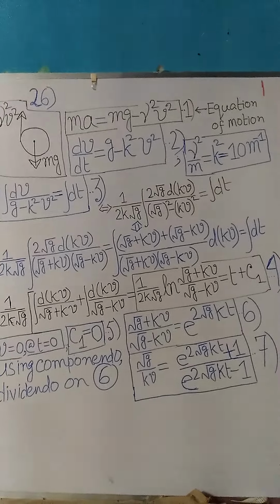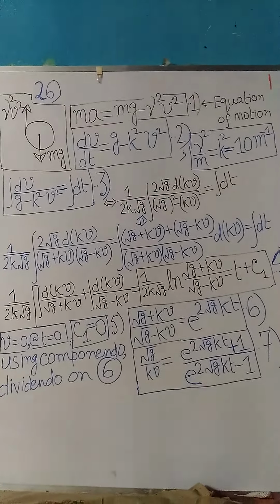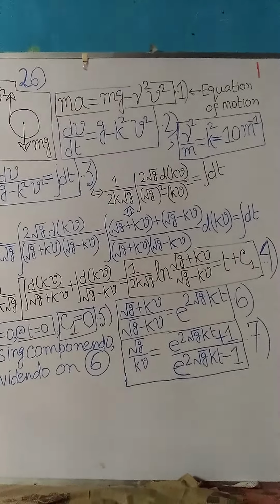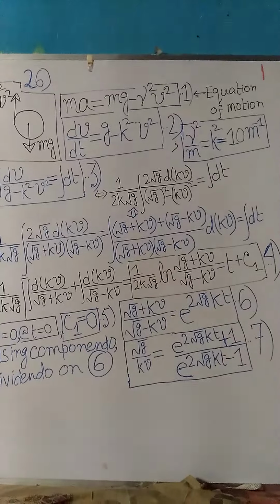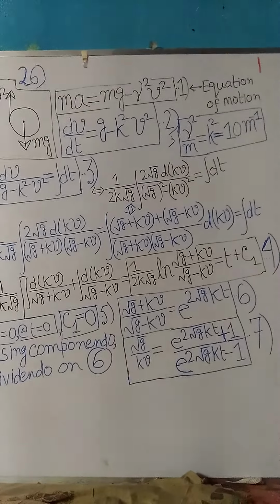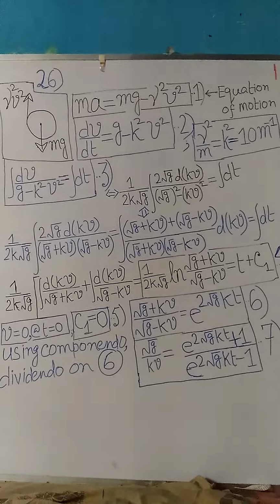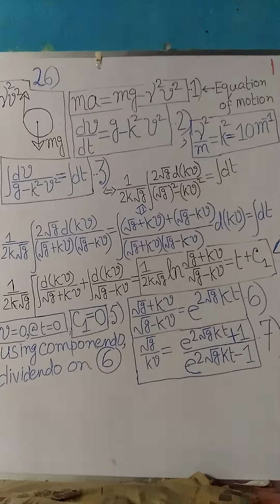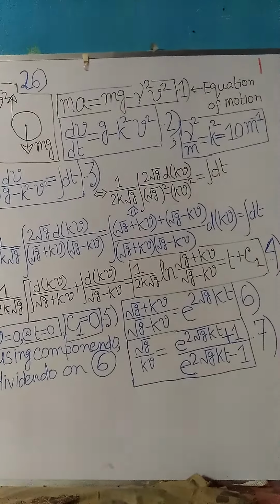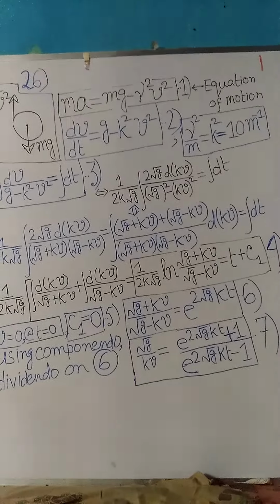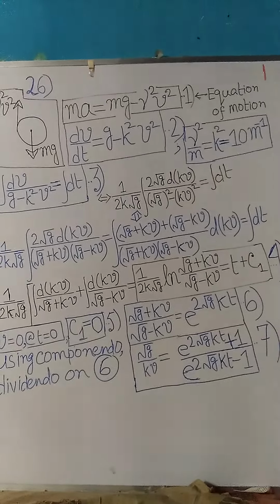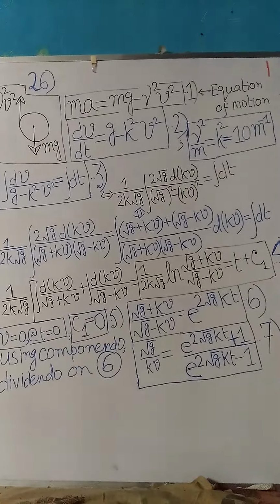The equation of motion of the ball is given in equation 1. Please see that on the top of the board. Dividing both sides of equation 1 by m and using a equal to dv/dt, equation 1 reduces to equation 2. Please find equation 2 just below equation 1, where gamma square by m equal to k square, another constant, and is equal to 10 meter inverse, as written on the board just adjacent to equation 2.